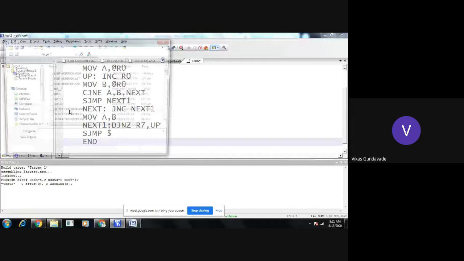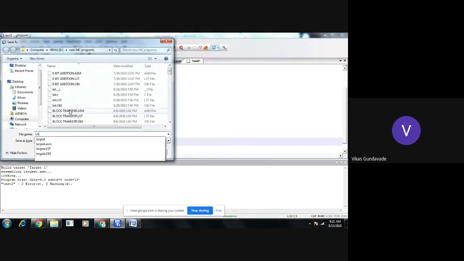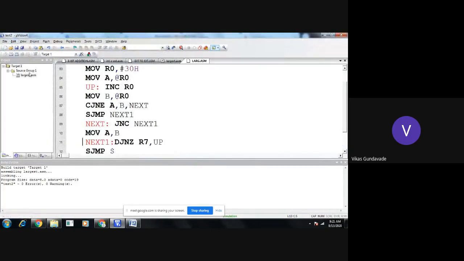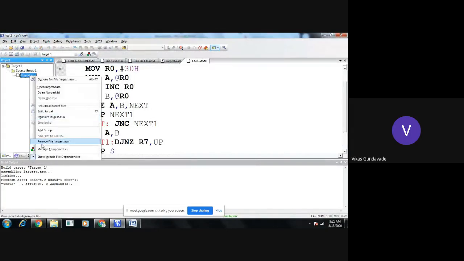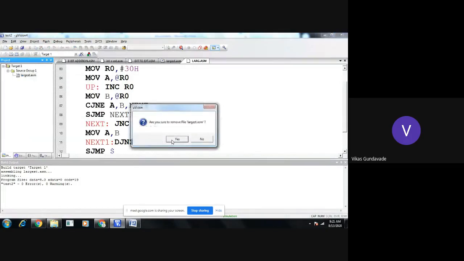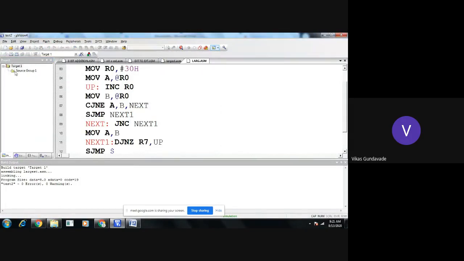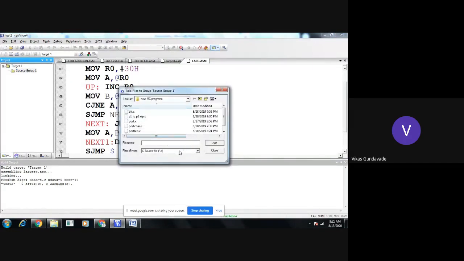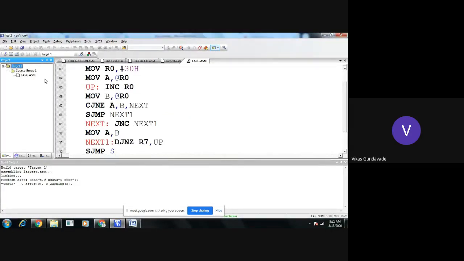We'll save it with .asm, and we will move this program into the source group. I have already explained how to open Keil, how to create the project, and so on. So directly we will put the program into the source group, and we will check whether there are any errors or not. Okay, so there are no errors.